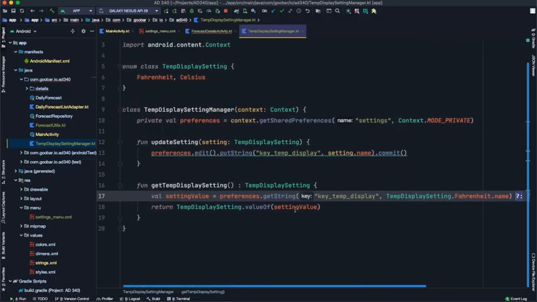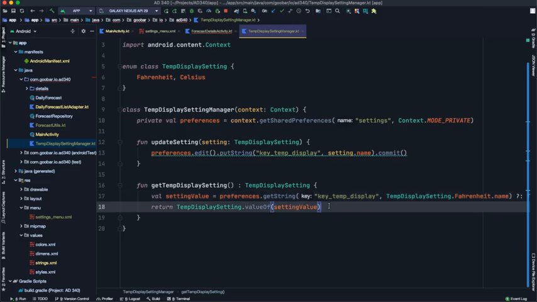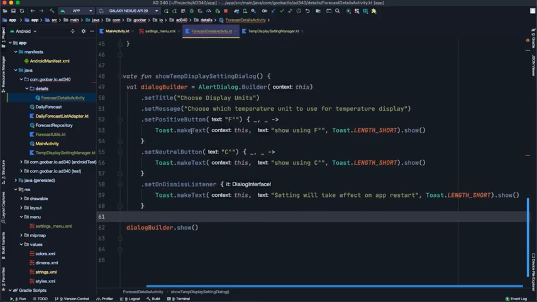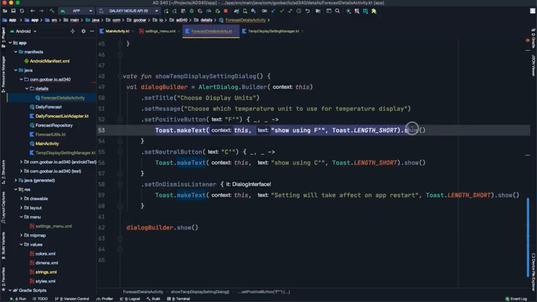So as soon as I do that, settingValue no longer has an error here. So now we know for sure that when we call getTempDisplaySetting, we're either going to get back Fahrenheit or we're going to get back Celsius. So now we can actually make use of these settings. If we go to our ForecastDetailsActivity, we can update what happens when we click the button. Before we even do that though,